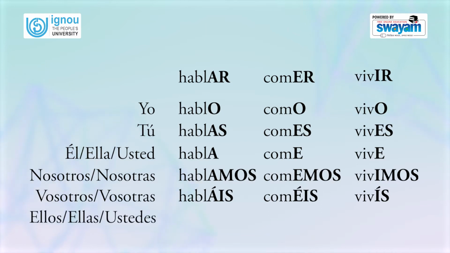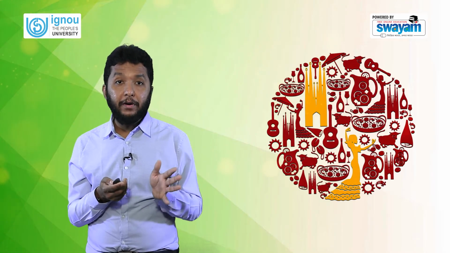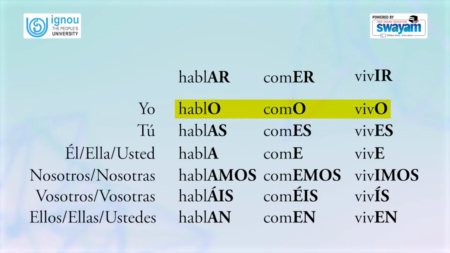For the third person plural, ellos, ellas, and the second person respect plural, ustedes, the forms are an for AR ending verbs, and for both the ER and the IR ending verbs, it is en. So it would be ellos y ustedes hablan, comen, viven. Study the conjugations and remember that the first person singular yo has the same ending in all three conjugations, hablo, como, vivo. In the ER and IR verb conjugations, all three third person singular forms have the same endings, like